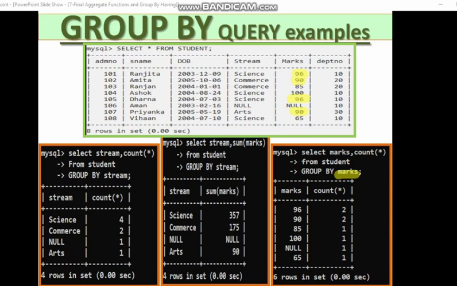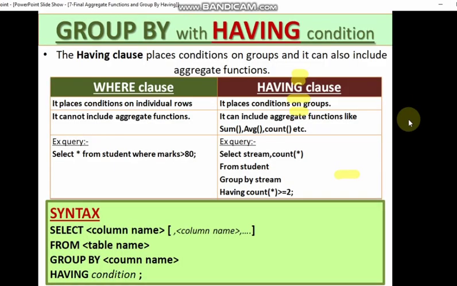And the last one which is left is group by with having condition. Now see, you cannot use where clause with group by. For giving a condition with group by, you have to use the having clause. The having clause places conditions on groups, and it can also include aggregate functions.